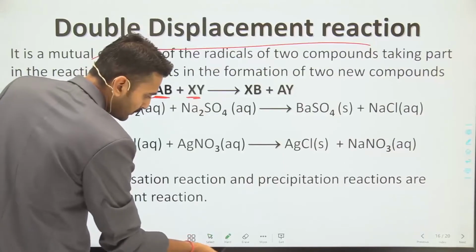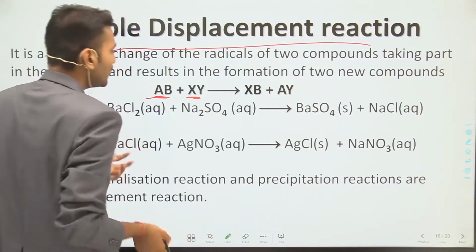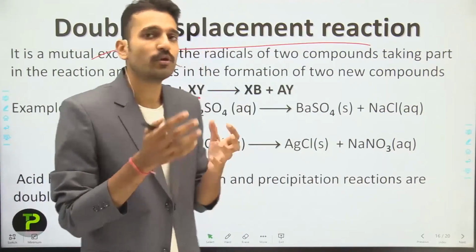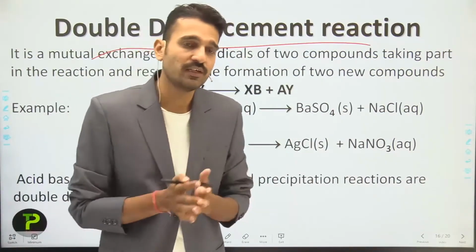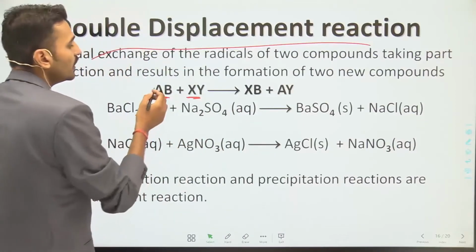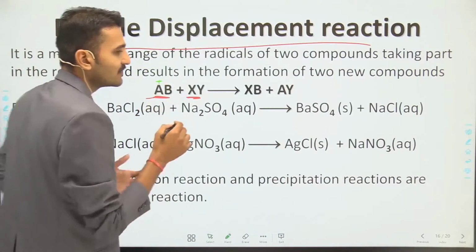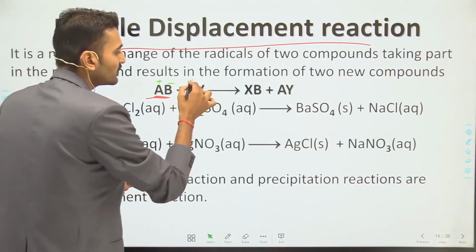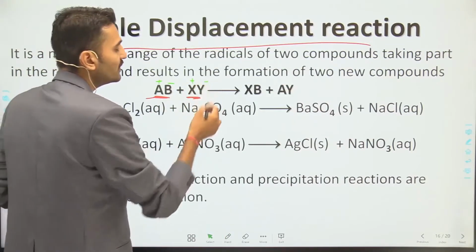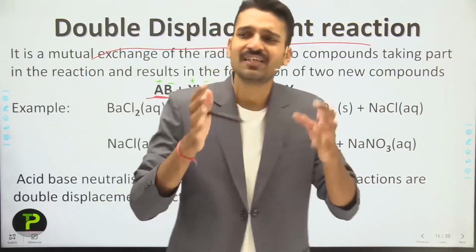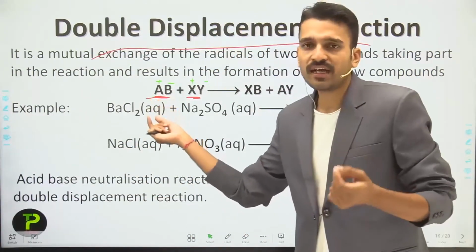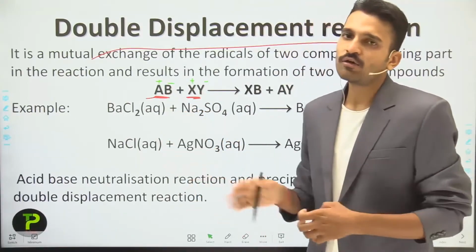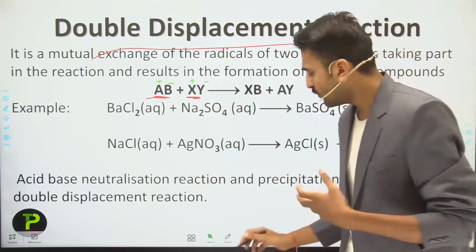On watching here, you see this particular compound is made up of two ions. Because I am talking about the mutual exchange of ions, I have to represent some ions here. So here A plus is a cation, while B minus is an anion. In this compound, X plus is a cation while Y minus is an anion. Or I am simply saying that A is a cation while X is also a cation, and B is an anion, and Y is also an anion. So what will happen here?